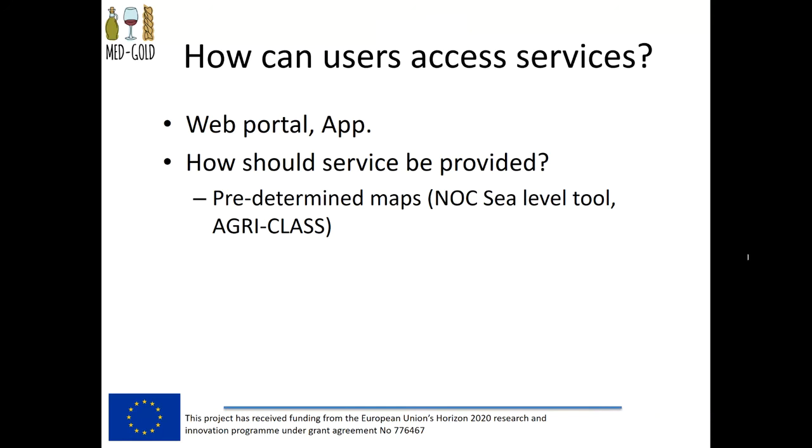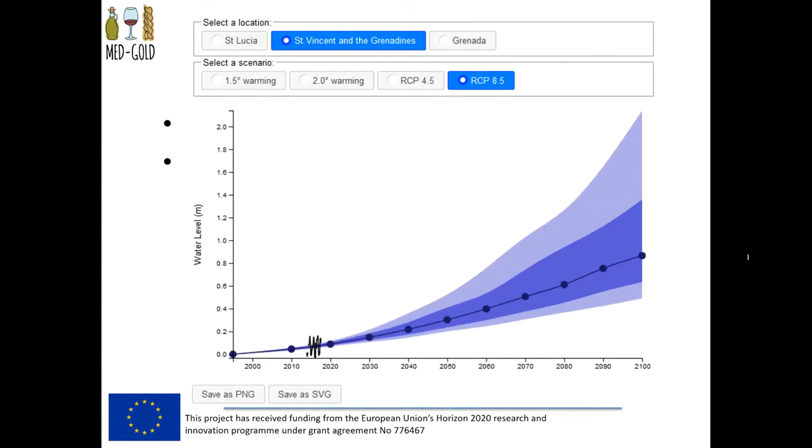And an example of something similar is this sea level rise tool here. So if you just press the button, Alessandro, an image should appear. Yes, here we are. So this is a screenshot from the sea level rise tool. This is looking at sea level rise projections for islands in the Caribbean. Across the top here, you can see 3 sample islands that a user could look at and 4 different scenarios. And then depending on what they click on, a graph like this will appear.